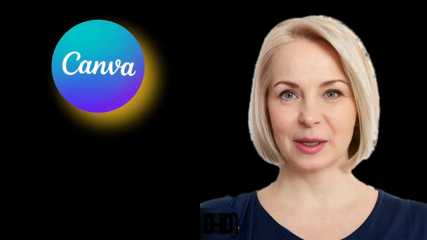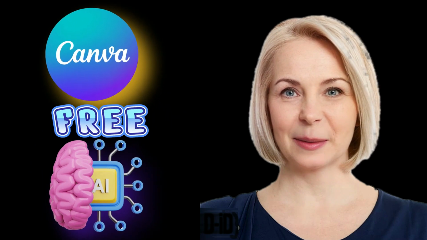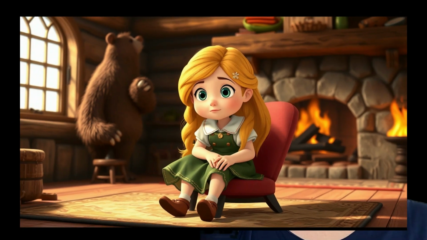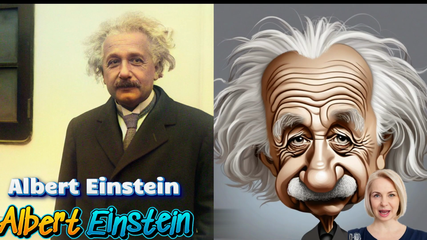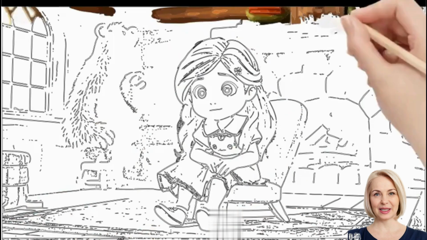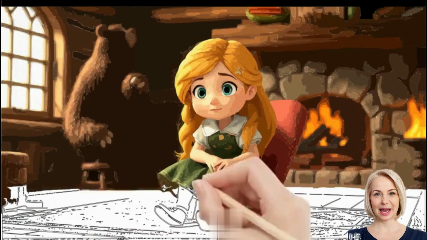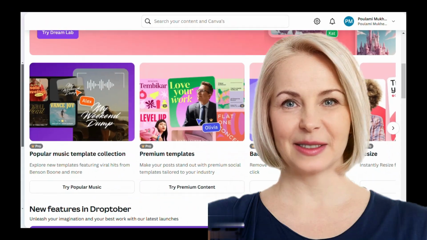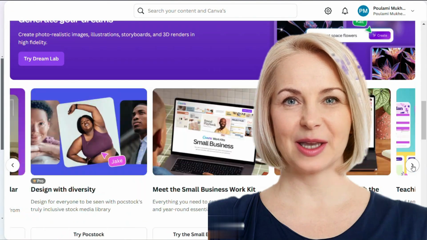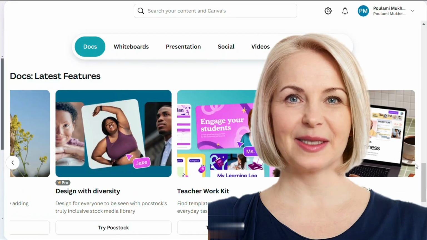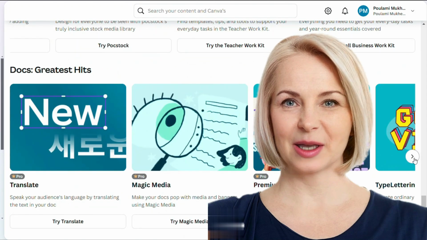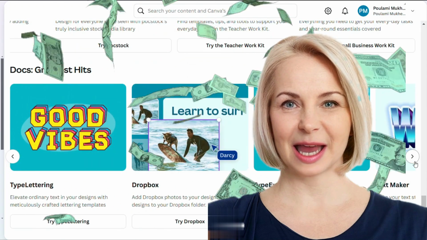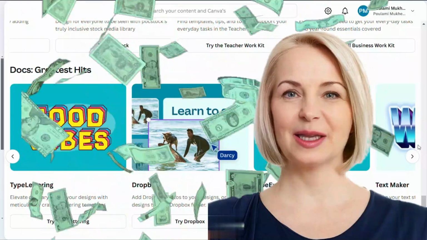Did you know Canva is packed with powerful AI tools that go way beyond just design? From AI-driven image creation to unique text art, caricature tools, and even whiteboard animations for engaging kids' story videos, Canva has it all. In today's tutorial, I'll reveal the 10 best AI apps Canva offers in 2024. Plus, stick around until the end to learn how you can earn a steady side hustle using only Canva AI apps. So, let's dive in and get started.